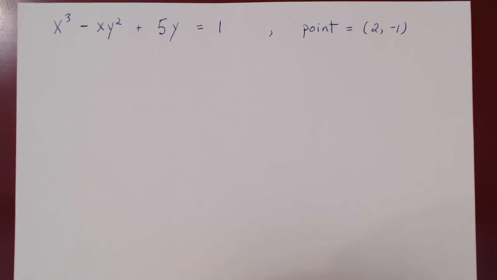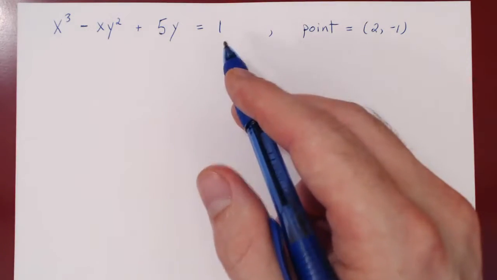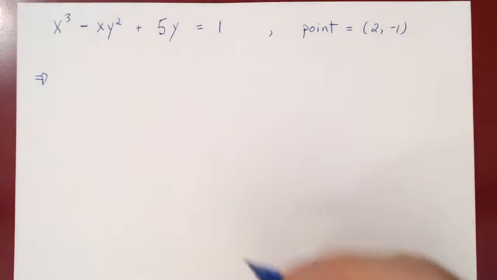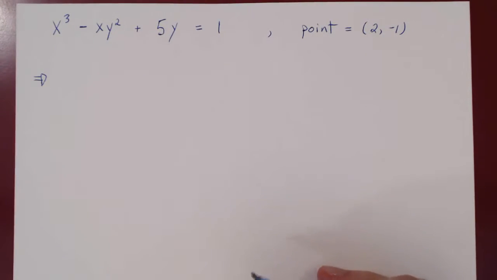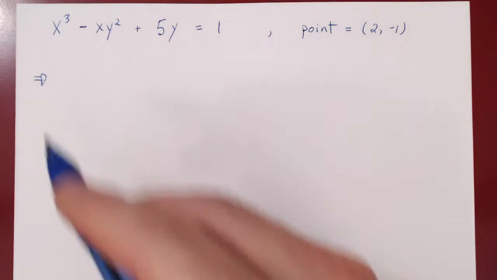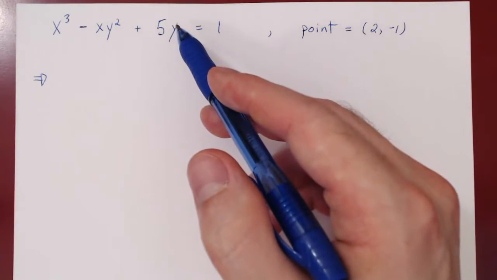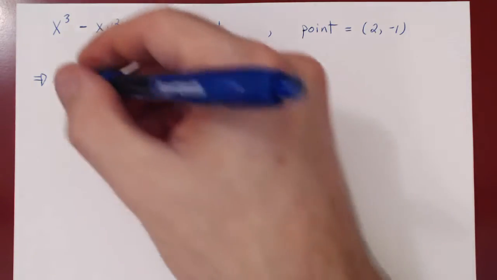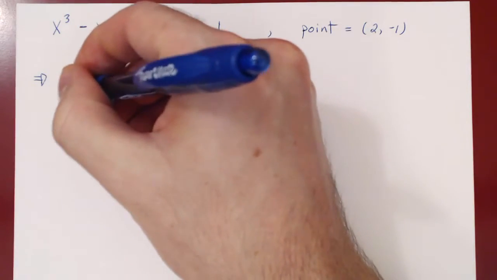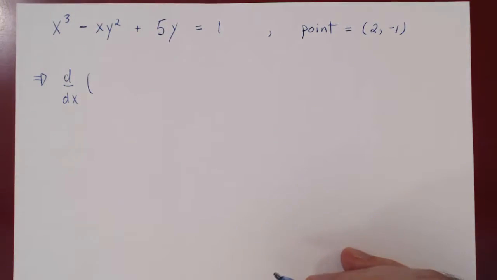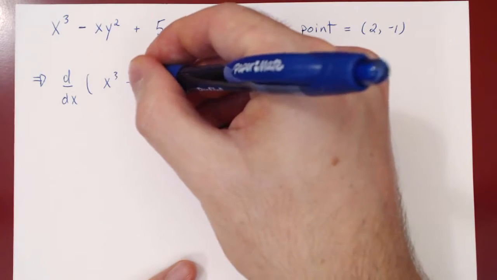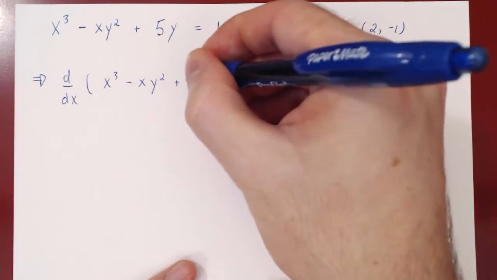Alright, so we need a derivative. Let's use implicit differentiation. We do not have to solve for y in terms of x. We can do better using our method of implicit differentiation. As before, we think of x being the independent variable, and we think of y being a function of x. Well, both sides are equal, so they must have the same derivative. So the derivative of the left-hand side, x cubed, minus xy squared plus 5y,